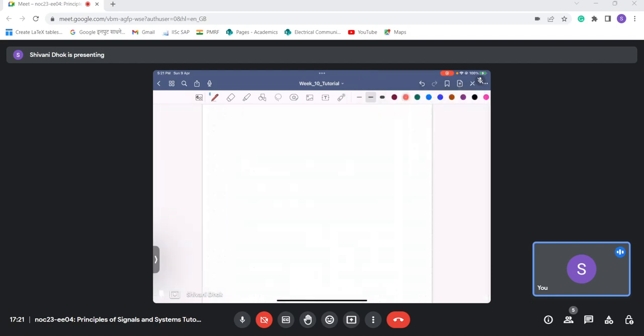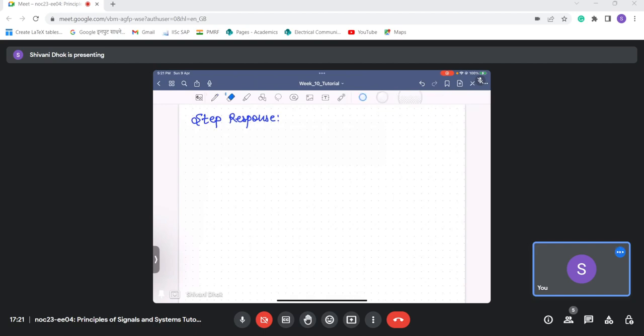And next I need to find what is the step response. So next I need to find is step response. And for that we'll consider equation 1. So equation 1 implies that